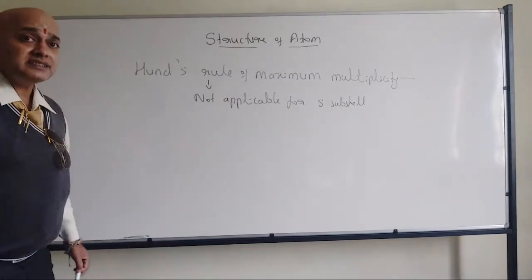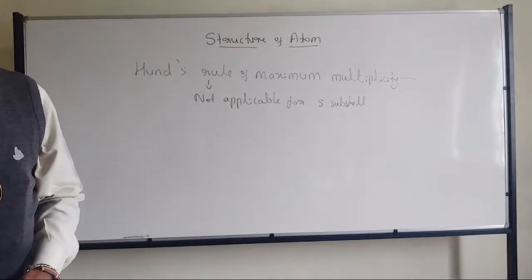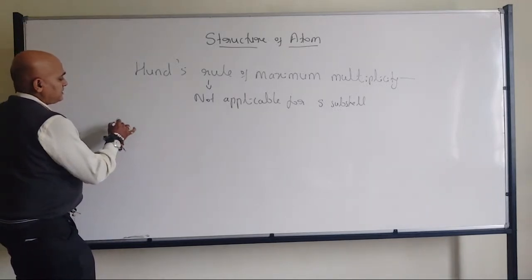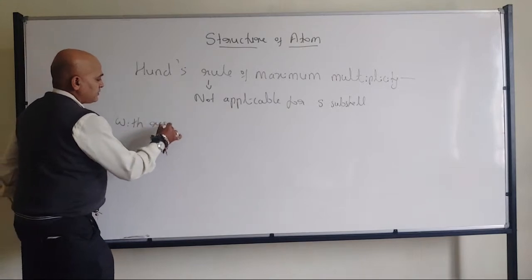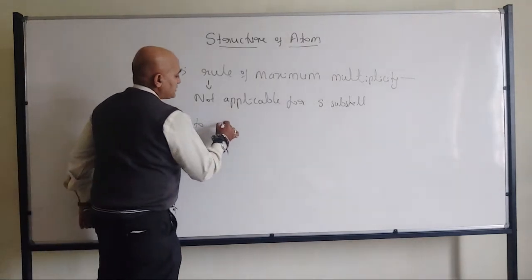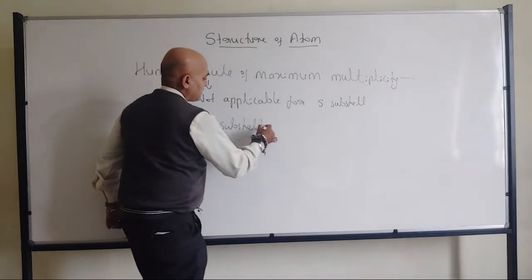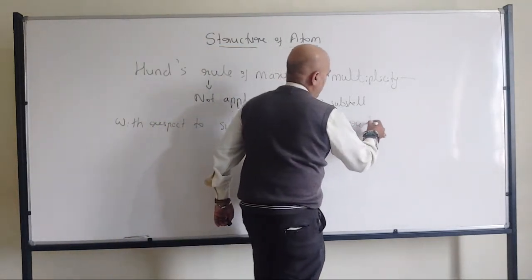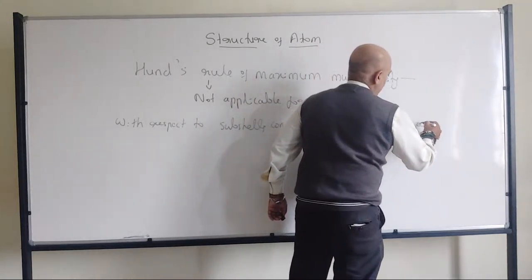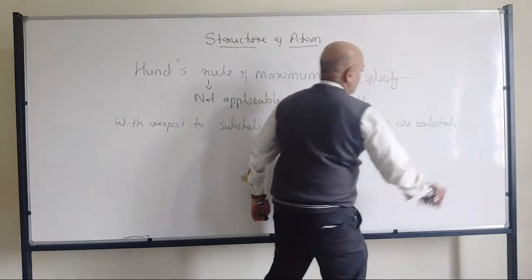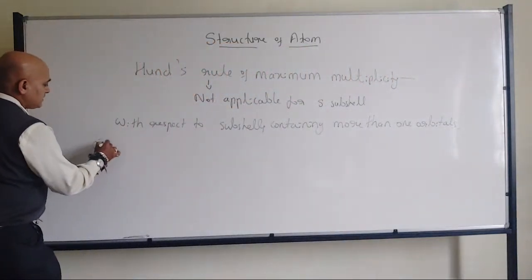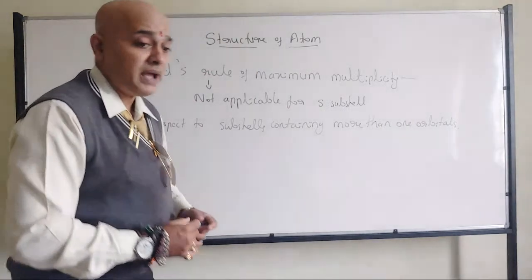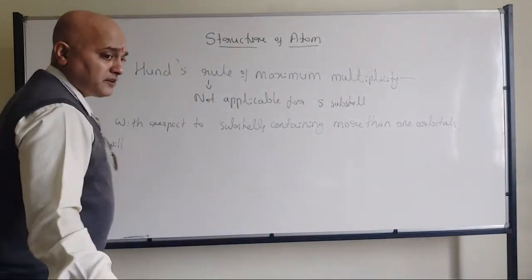So what does Hund's rule of maximum multiplicity talk about? What it tells is that with respect to subshells containing more than one orbital, electrons will not be paired. Okay? Electrons will not be paired